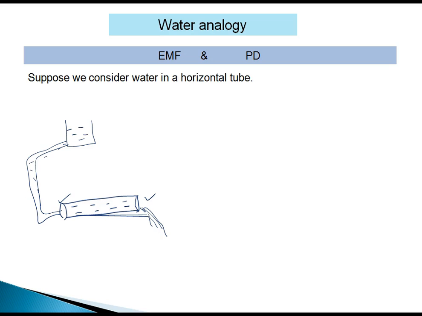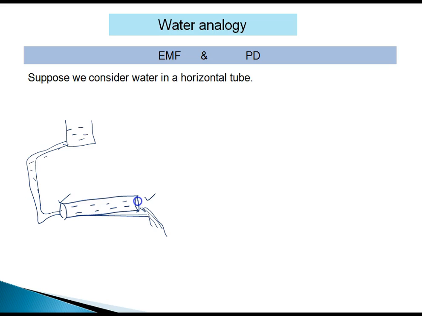Is it clear to you? You have to understand the same thing for charge. In place of water, if I consider these are charge particles, these charge particles will move when there is a potential difference across the two ends of the conductor. But what will happen after some time when this water tank empties? Again the potential difference will be zero across both the ends.